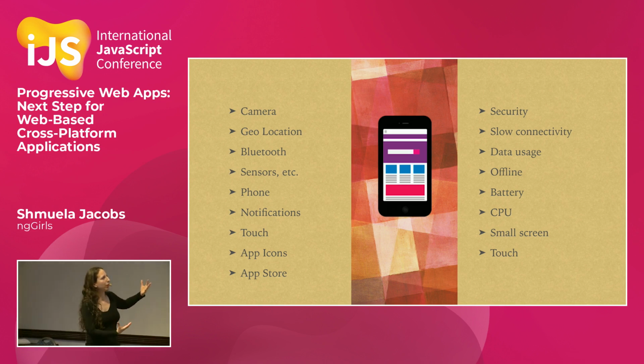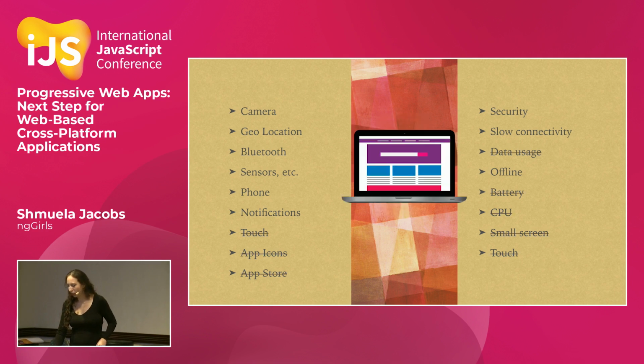So these are the things that came with the mobile devices, which are, like I said, some of them really advantages, and some are things that we have to consider when developing our applications. When we're talking about web applications that run on computers, many of the features that we have in mobile phones, we can use also in our computers now. So when we develop our web applications, we can already make them use these features and make them more rich